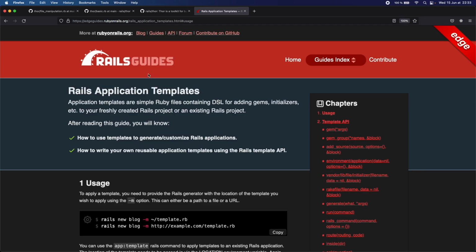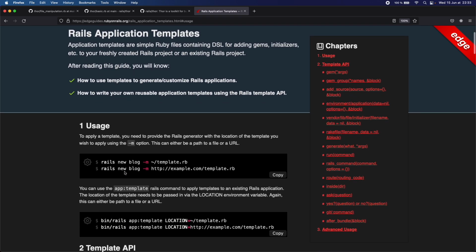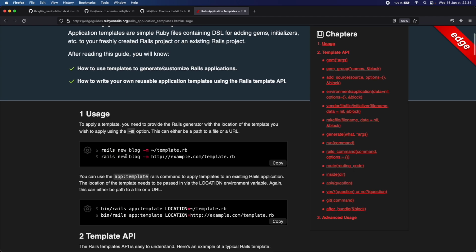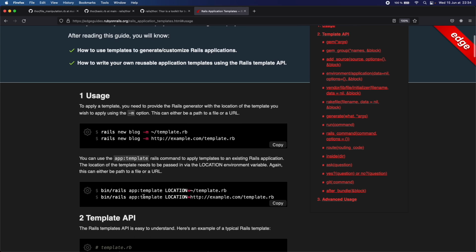And to do this, we are going to rely on something called Rails templates. Rails templates have two main usages. The first one is that sometimes you want to be able to create a new Rails application with some boilerplate code already there for you. An example would be to always have Devise installed in your Rails application when you do Rails new. To do this, you would create a template and pass it as an argument when creating your Rails new, and it will run a script and install Devise for you